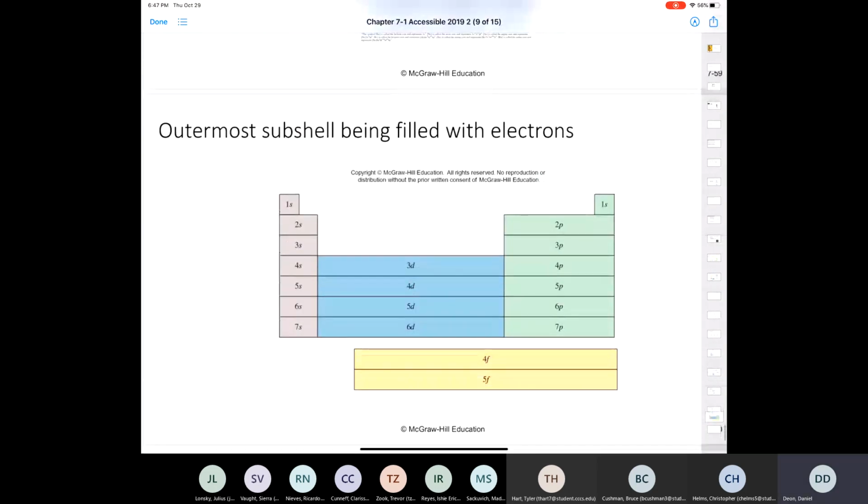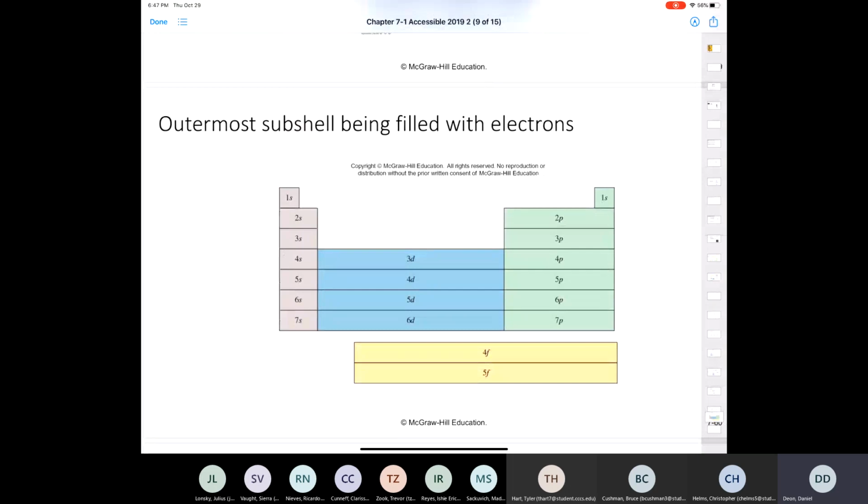And as long as you have a periodic table and you can fill in 1, 2, 3, 4, 5, 6, 7, s, p, d, f, and you know that for the d's you dip down by 1, and for the f's you dip down by 2, you can write the electron configuration for anything. Let me just show you one more trick. If I wanted to write the electron configuration for chlorine,